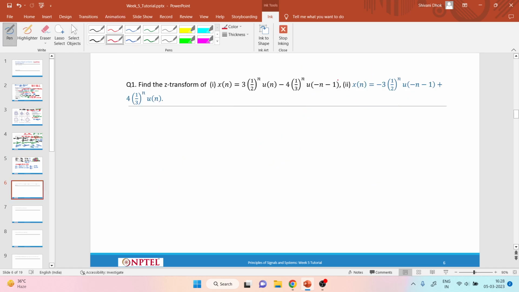Now, if there are no further questions, let us look at the next part of the question. Here my x of n is again of a similar form. So let's say my x of n is x1 of n plus x2 of n. So here x1 of n is equal to minus 3 into 1 by 2 power n into u of minus n minus 1, and x2 of n